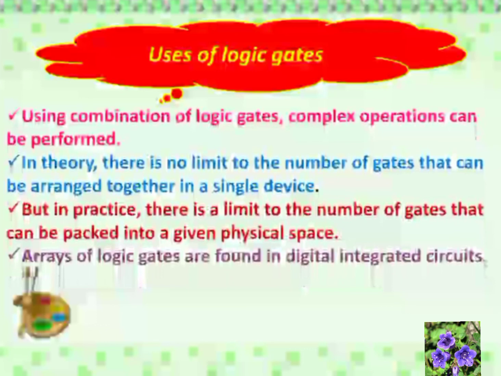In this chapter we learned about logic gates: fundamental gates, derived gates, and then XOR gates and XNOR gates. All those gates are found in digital integrated circuits. So why do we use logic gates? They are used to do complex operations very simply. With the help of the gates, we can easily reduce complicated operations in digital integrated circuits.